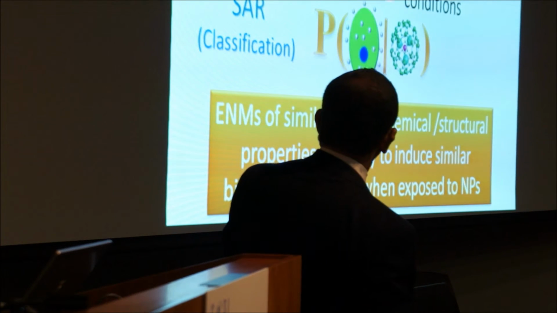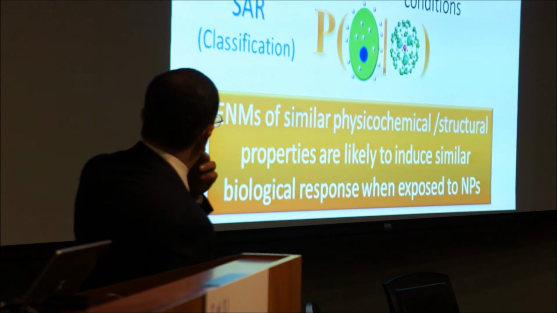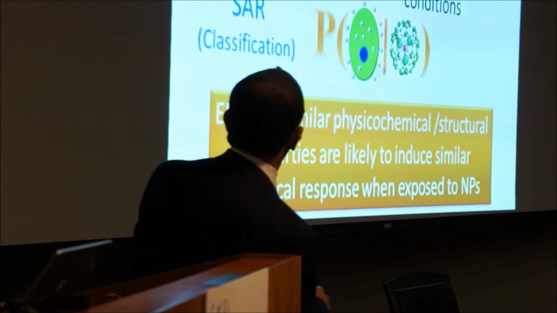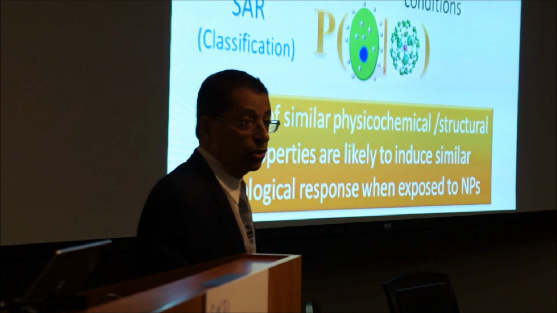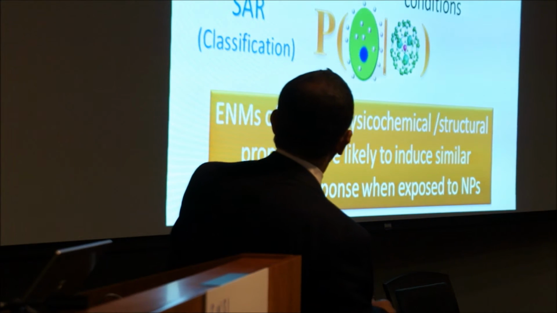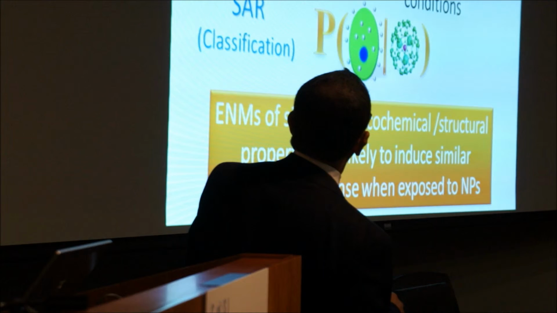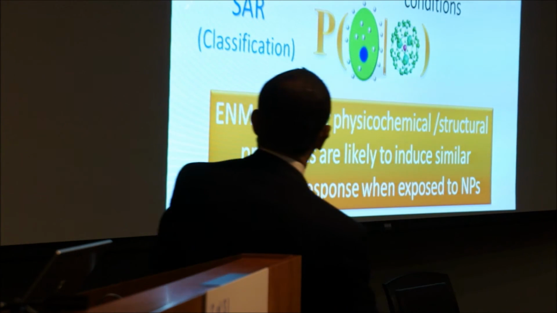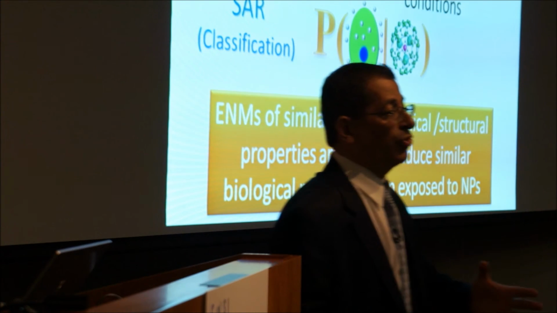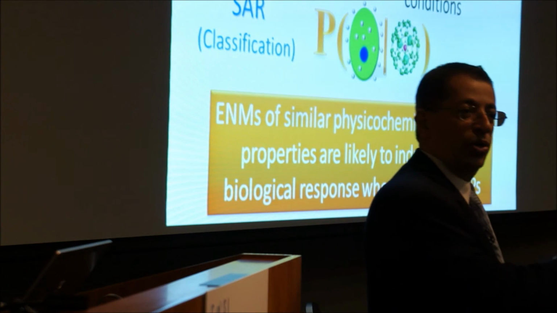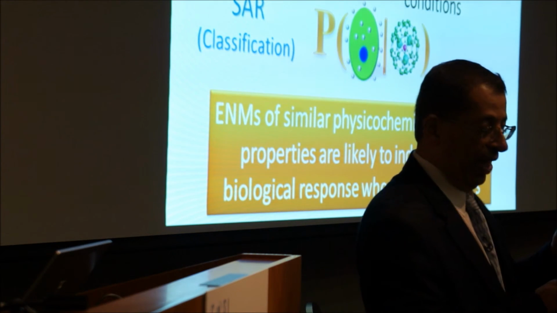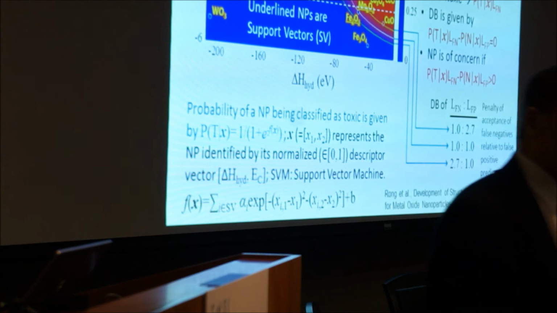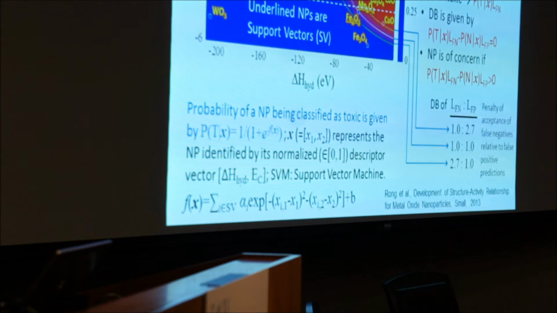The other is to look at what Andre termed here as SARs, or structure-activity relations, or as what I call here quantitative structure-activity relations, which basically means, in this case, we may have regressions that allow us to actually predict EC50 directly. On the other end, we may have classification that allows us to say, is it toxic or is it not toxic? But not only that, but to be able to say what is the probability by which we can say that a given material is toxic?